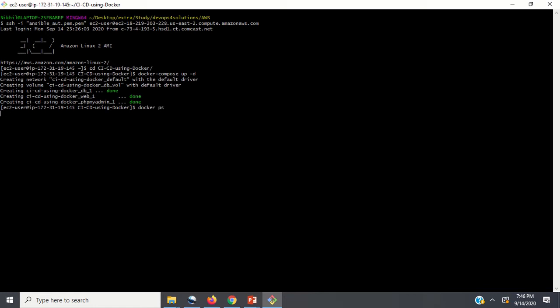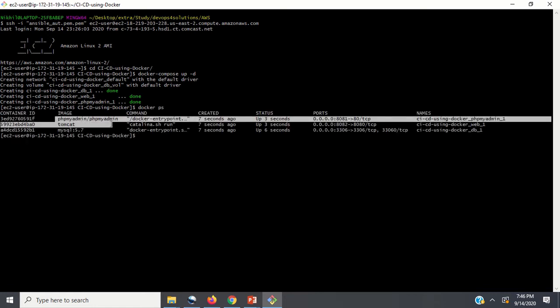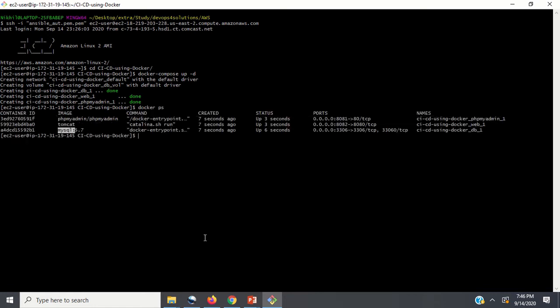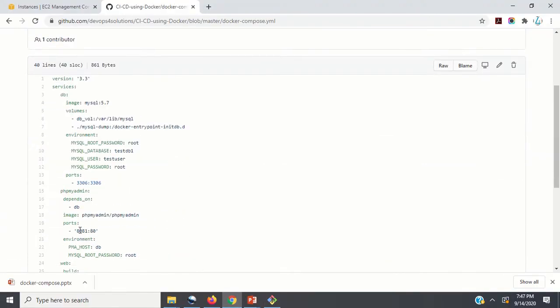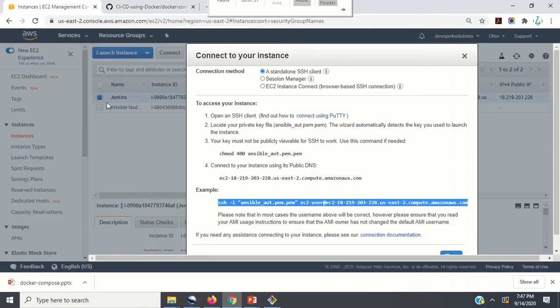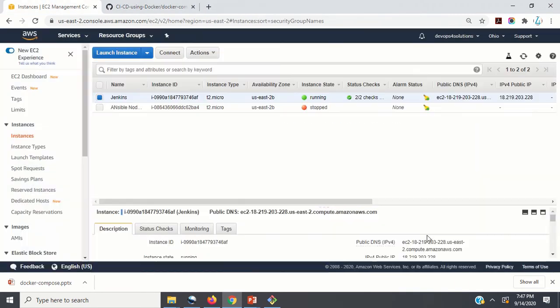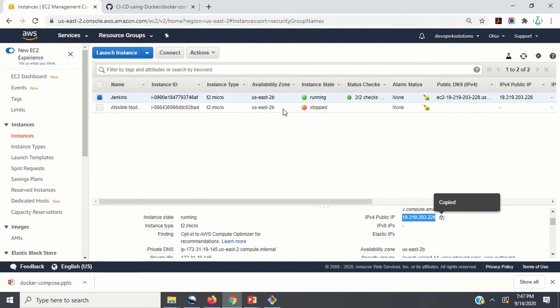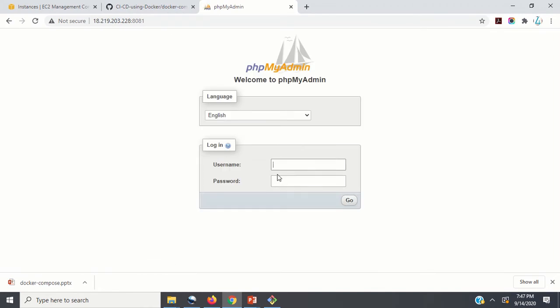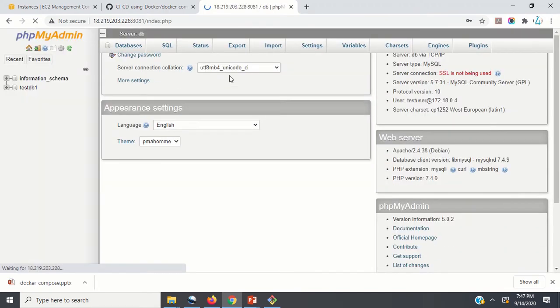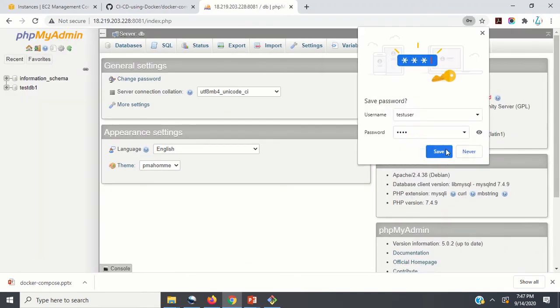So right, you can see here three containers got launched: phpMyAdmin, Tomcat, and MySQL, right? So now let's see. In my Docker Compose file, first we'll go with this phpMyAdmin. So let me first get the IP of this system. So this is my IP, and it is running on 8081, right? So this is how you can see that my database is accessible through a GUI. It is easy to access through a GUI. That's why I installed phpMyAdmin, right?